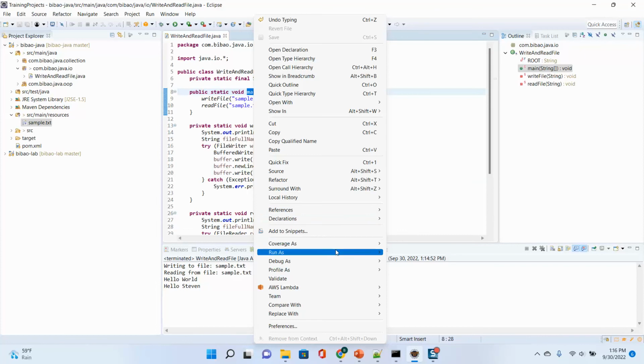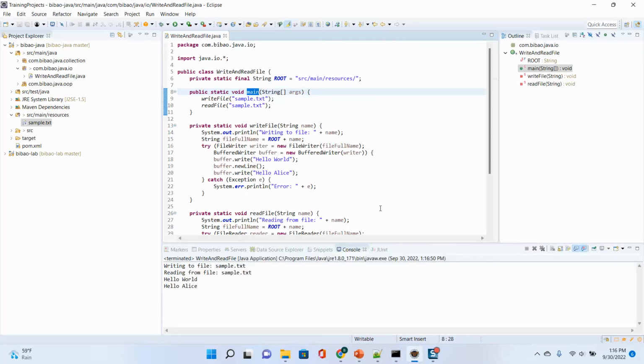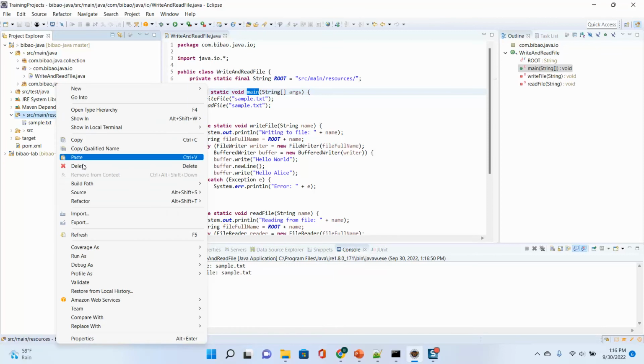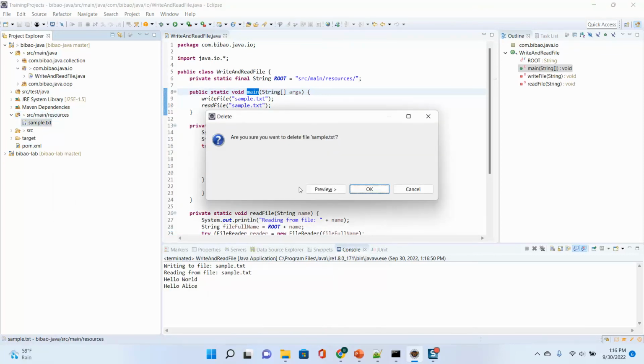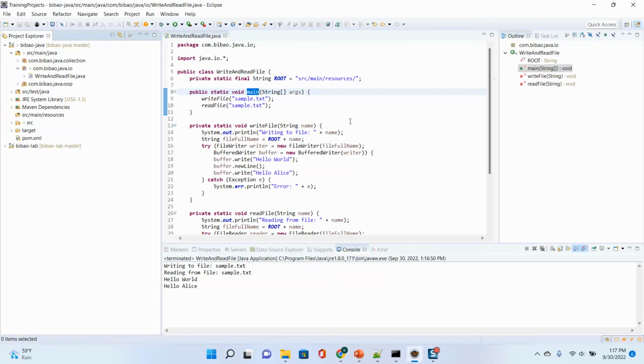Let's run it. Okay. As a clean code, refresh. I just delete it, and you can check out the code and run it by yourself. This is read and write. Now,